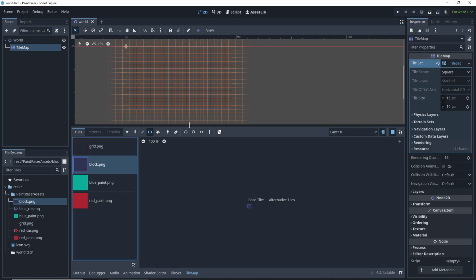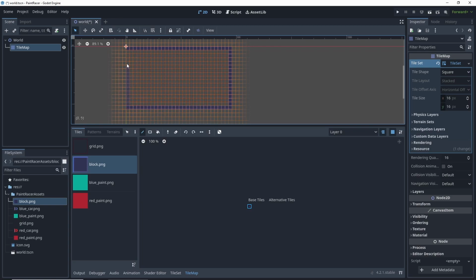Click on the block, and we want to go here and draw the line on the edges. This is what we'll do for now, along the edges. So we're just setting up our little arena for now, and we can just draw some lines like so. And to create physics